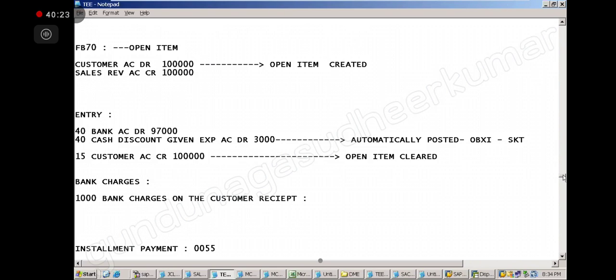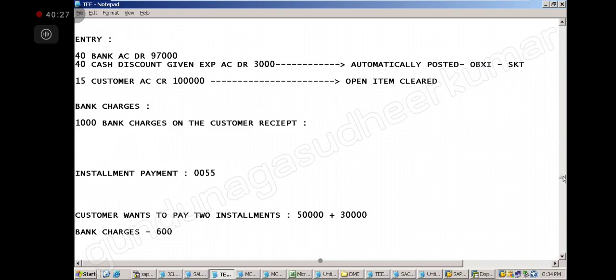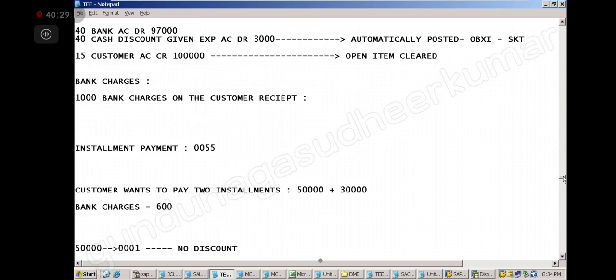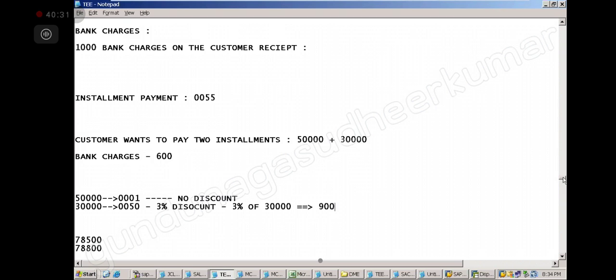Did they consider bank charges in the SEC? For bank charges, you need a table. You need to maintain a bank charges table. That's why it is not required, leave it. Bank charges, you have to have a slab, like 1,000 to 2,000, this much percentage, like that. You need to maintain a table.